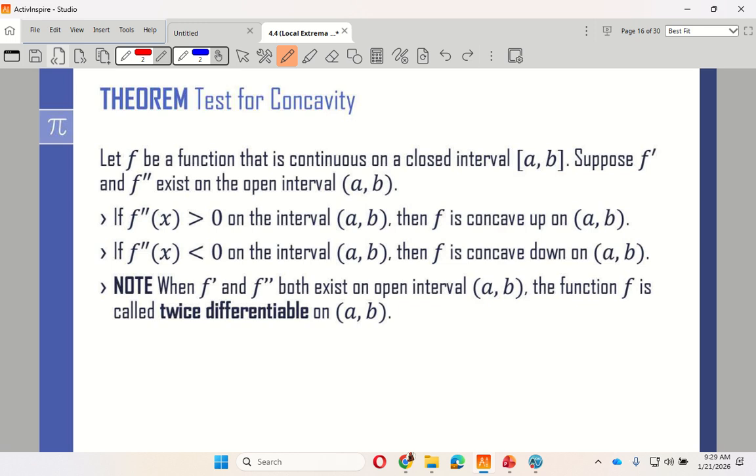Wait, how do you know? Sorry, just like, how does it work when you graph the second derivative? How does that give you the